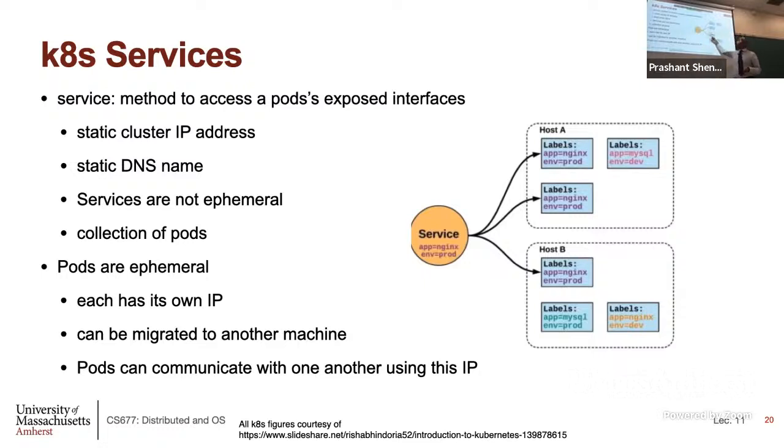You can take this pod here and move it to some other machine, or you can terminate the pod, you can scale it up or down, and so on. But the service will know what's happening to pods, and it will send requests to wherever the pod is. So one way to think about it, it's a logical abstraction that looks similar to a load balancer. But there may be no load balancing. If there's only one pod, it's simply forwarding requests, not balancing. But as more pods are replicated, it will actually load balance as well. So this is how you are going to build a Kubernetes web application. You'll take your code, containerize it.